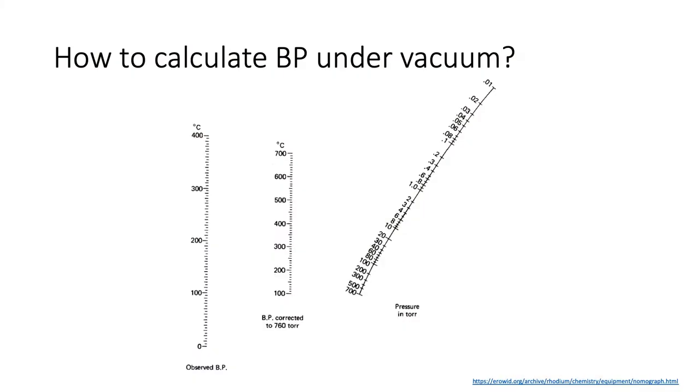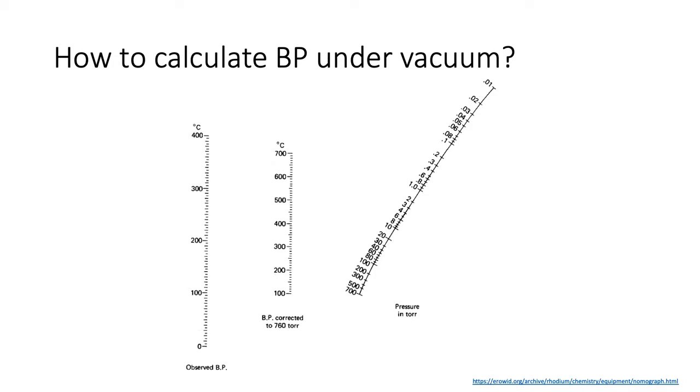So when we are doing this, if we know the boiling point of the limonene and the carvone at room temperature, then we need to be able to figure out what the boiling point is going to be under a vacuum. So you can use what's called a nomograph. And there's one of these in your lab manual, and I've reprinted it here just to give an example of how you use one of these. And so the way that you can use this to calculate your corrected boiling point at lower pressure is to